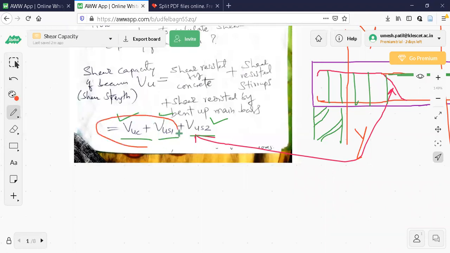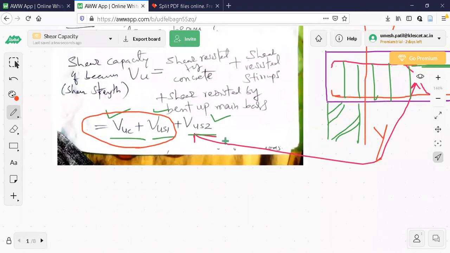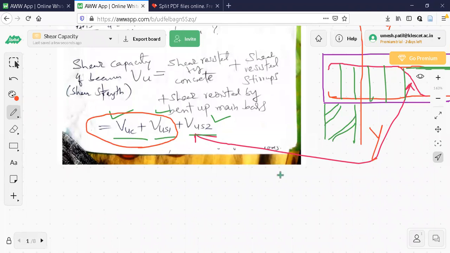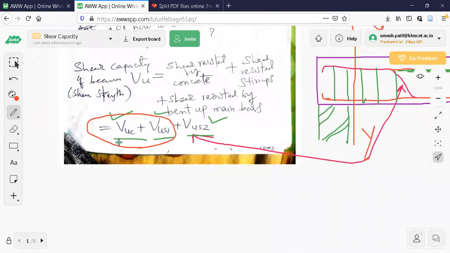But I'll be concentrating on this because nowadays bar bending is becoming laborious. Cutting is easy because a cutting machine is there. Bending has to be done manually. Bending is labor intensive, and labor cost is involved there. Structural engineers are avoiding bending of the bar. Some other methods, for example, if I use M20 in place of M15 or M25, automatically the shear resisted by concrete will be more. It depends upon the grade of concrete also.